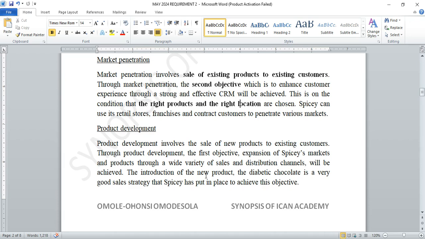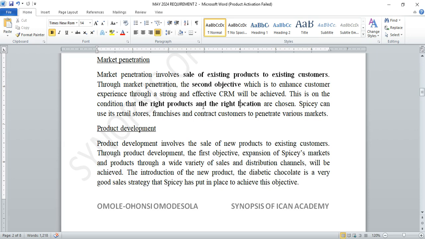You understand? Let's say we were producing for 10 people before, and we want to start producing for 20. Let's say we were in 10 markets before, and we want to enter 20 markets. That's how market penetration will help us to achieve our second objective. Through market penetration, we can enhance customer experience. If you have effective customer relationships, we are relating with them very well, we will be able to penetrate much. Is there a customer that you did bad to? Have you ever bought some products or patronized some vendors before and you're like, no, never again in my life? Even in my generation, they will never patronize this person ever again.